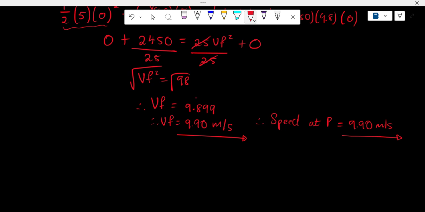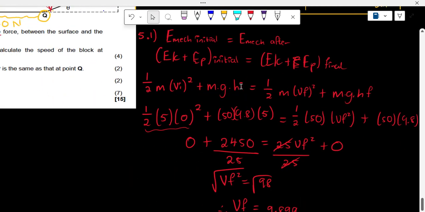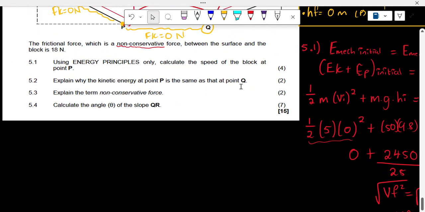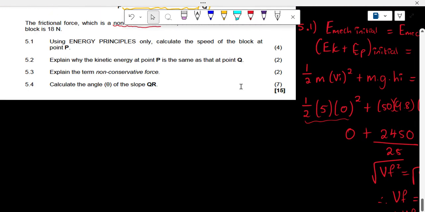Moving on. Now they say 5.2, explain why the kinetic energy at P is the same as the kinetic energy at F. Oh, okay. If you think about it, guys, this is